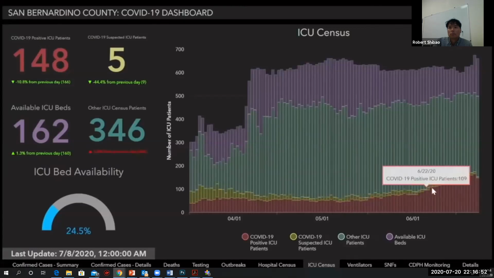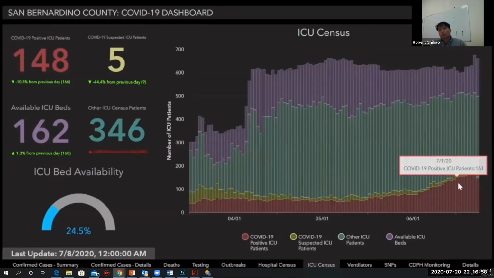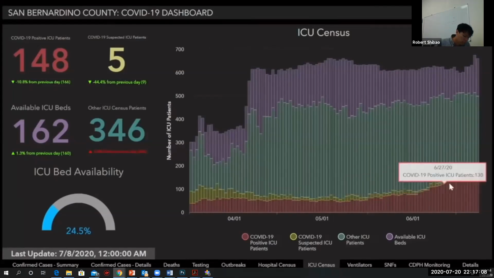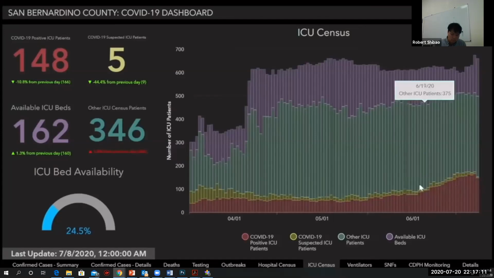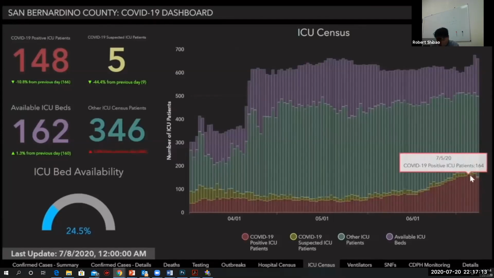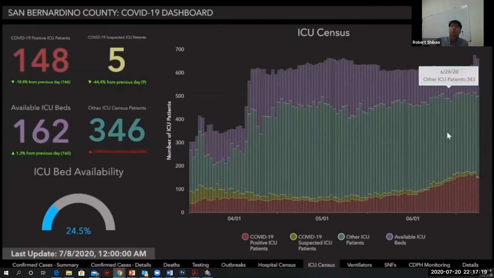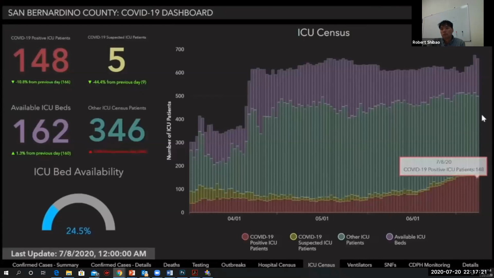You can see with the improvement in testing that has occurred over time, that proportion has dropped dramatically. And we're now able to see exactly which patients are suspected and which ones are not suspected. But clearly you can see that the number of ICU patients has gone up since June pretty significantly, almost a doubling of the number of ICU COVID patients. And overall, this represents maybe either a quarter to a third of the number of ICU patients total in the entire county. You might think that that's not a big deal, but when COVID spreads, it spreads exponentially, it's not going to take very much time to double.